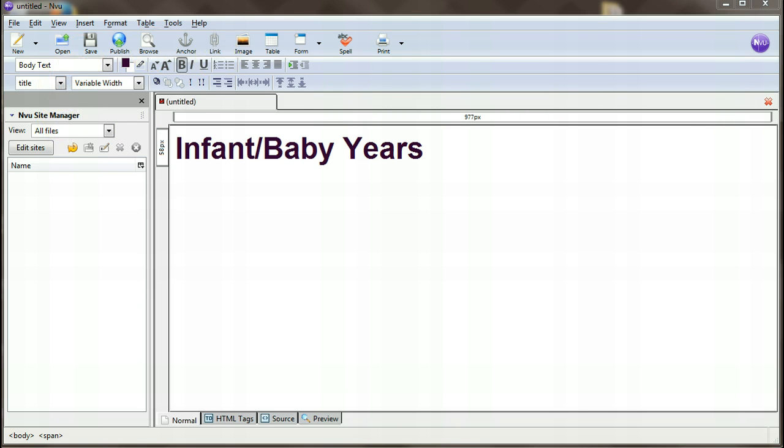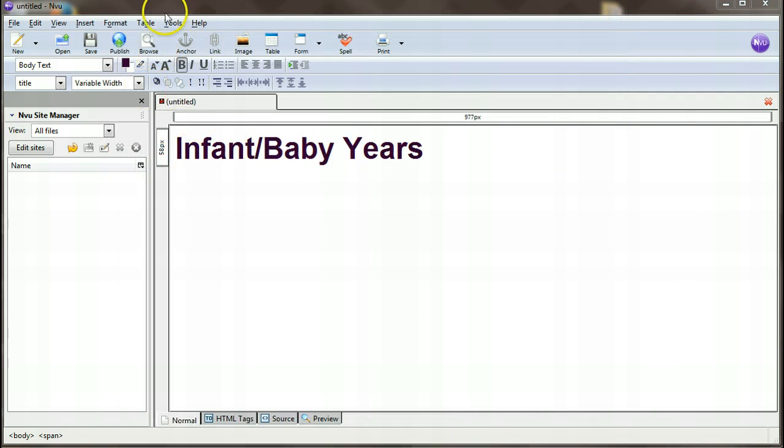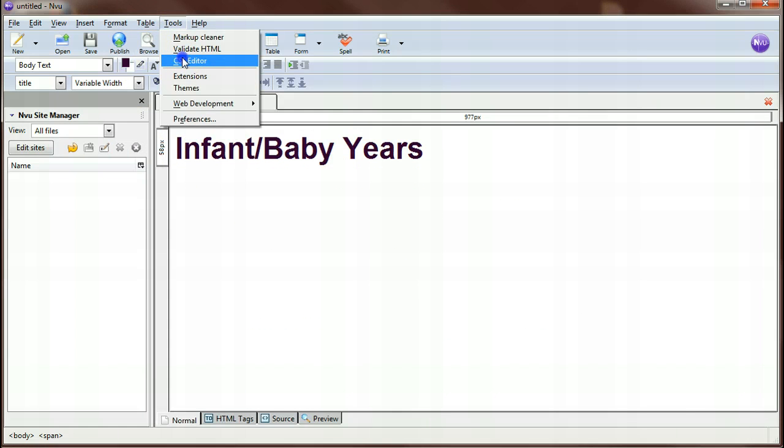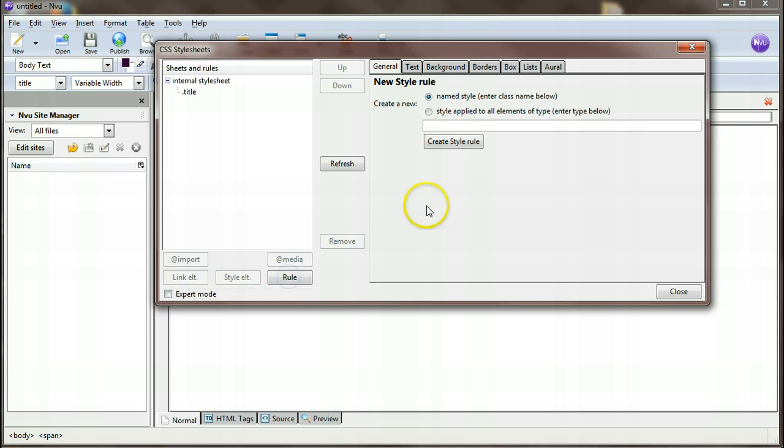Now we need to create, our instructions say, a title font. We need to adjust the color and size. We need paragraph font, photo captions, and citations. So that was the title font. So now to create another one, we go back into Tools, CSS Editor, and you can see up here under our internal style sheet, we have title created. Now we're going to create a new one. So again, uncheck expert mode, click on the rule button. We're going to call this one paragraph. Create style